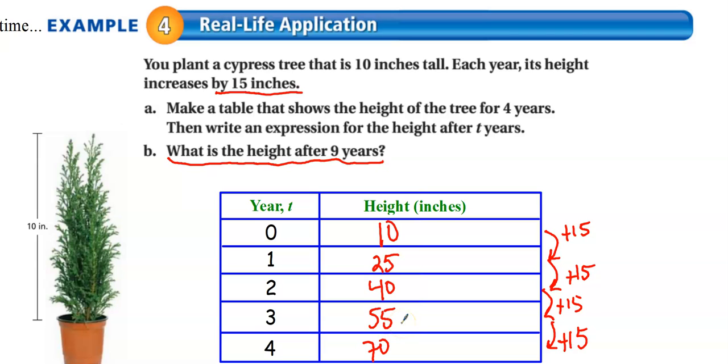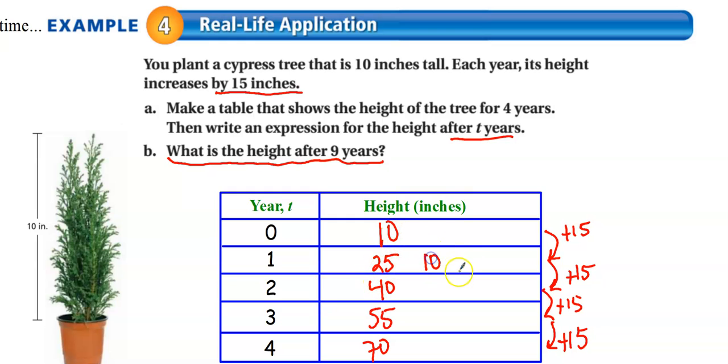Okay, so I don't want to keep doing this, right, until I get all the way up to 9 years. So what I want to do is I want to start looking at the pattern, and I want to start writing the initial height plus how many inches it grows every year. So remember they gave us on this table, they said write an expression for the height after t years. So the idea is that in my first year, t equals 0 and the height is 10. The second year,